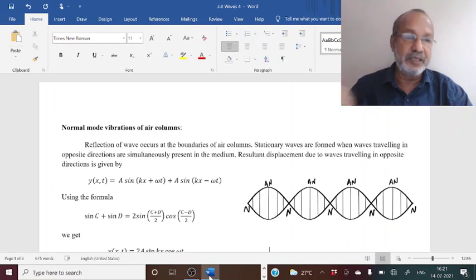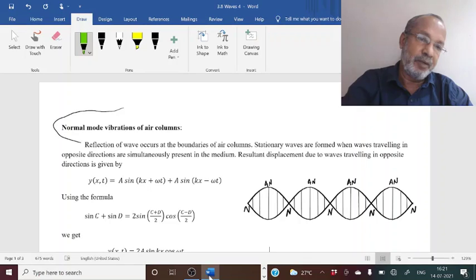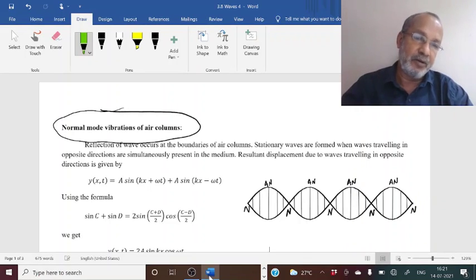Today I will discuss this topic called normal mode vibrations of air columns. Whenever there is a kind of boundary for a medium, waves will be reflected from the boundary. When forward wave and reflected wave are both present in a medium, a special kind of wave called stationary wave